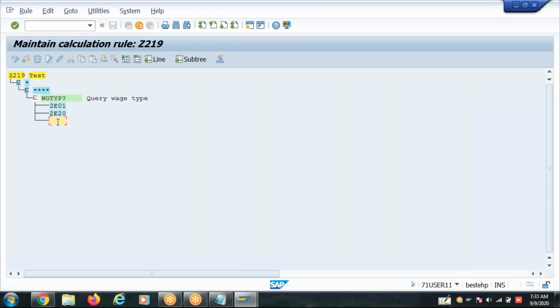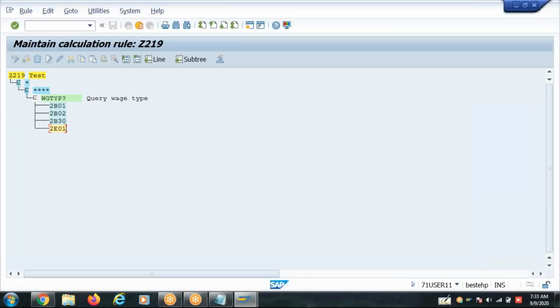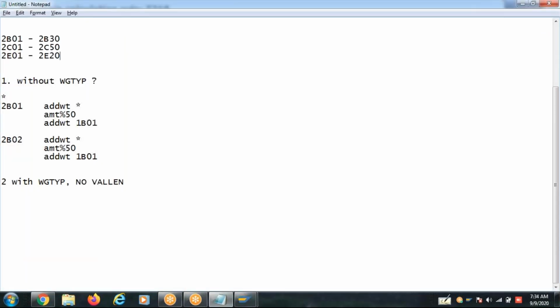Okay, 51 entries. See this? What he said is write 2B01, 2B02, up to 2B30 here, and then 2E01 to 2E20.